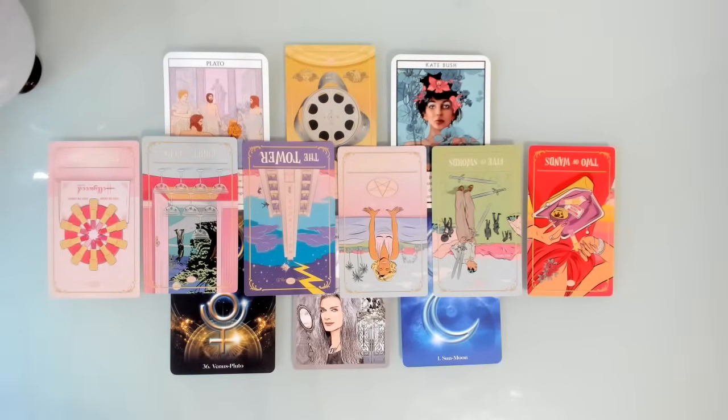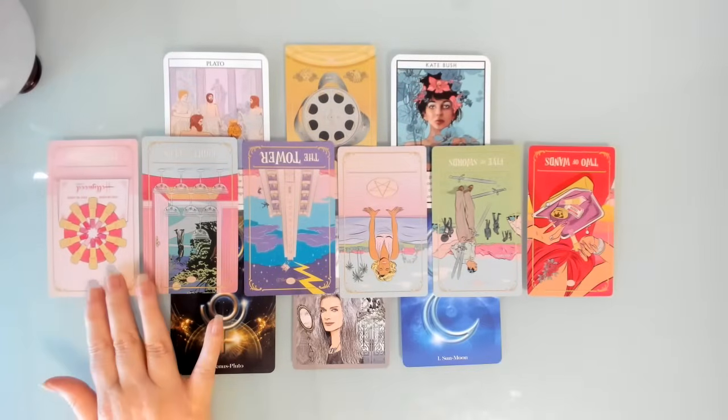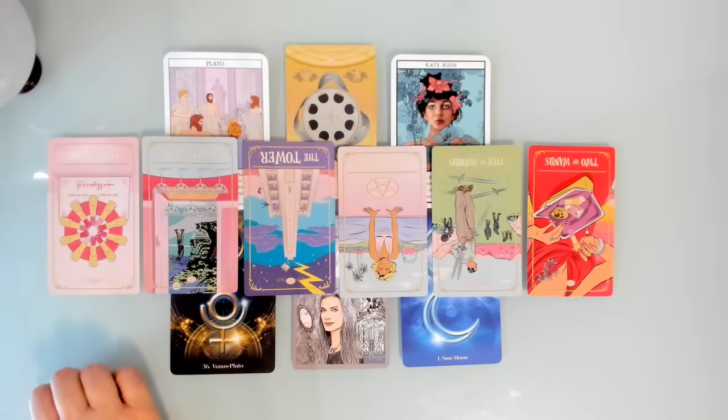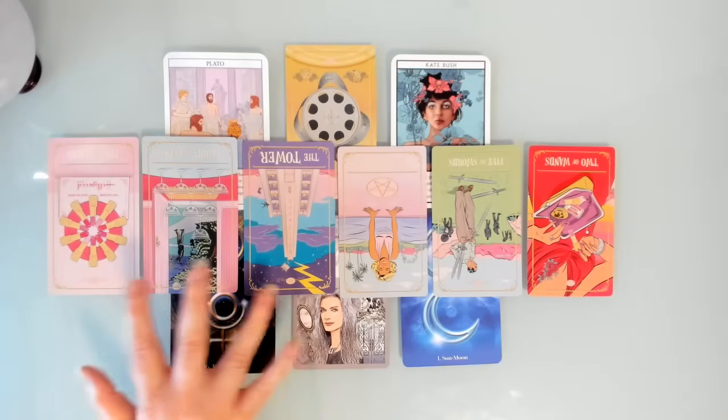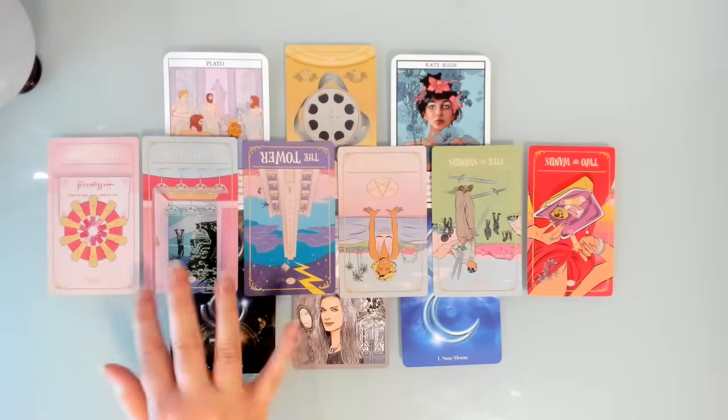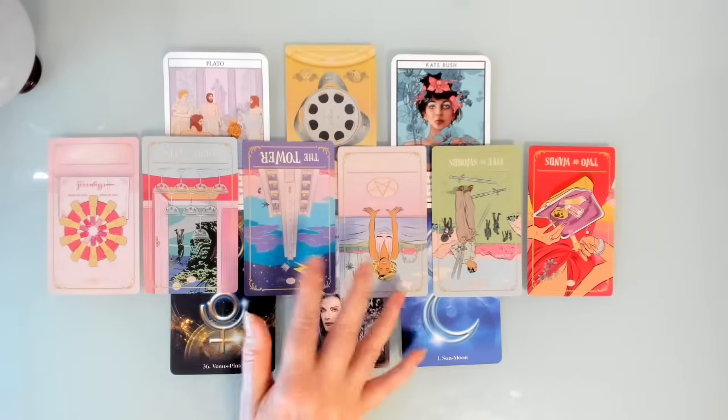But it's interesting. You're a very interesting energy. 10 of Wands reversed, 8 of Cups reversed, Tower reversed. I think that this is also picking up a moment in time for you when you come to this reading. I think that there has been something that's taken a lot of energy. It's been a labour of love. And you maybe got it about 90% of the way to where you wanted it to be. It's not 100% there. You're not kind of giving up on it, but something new wants to be born out